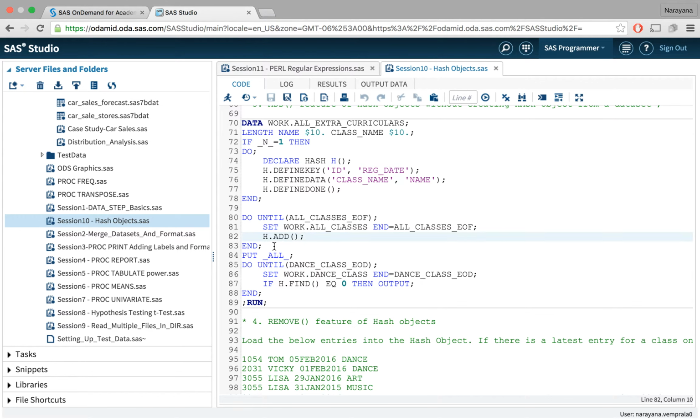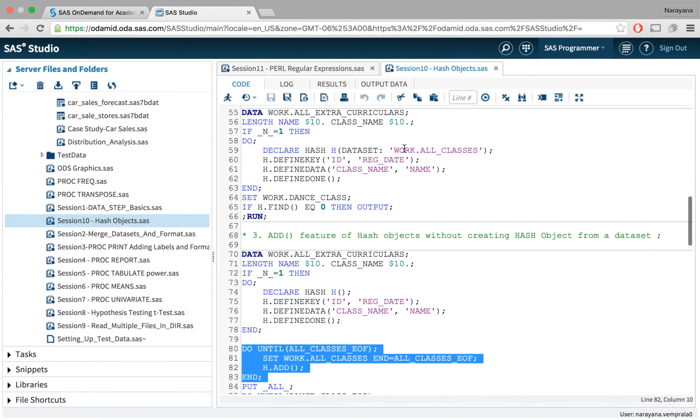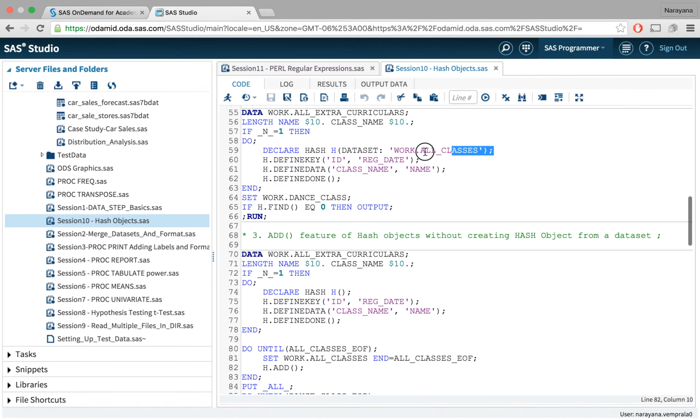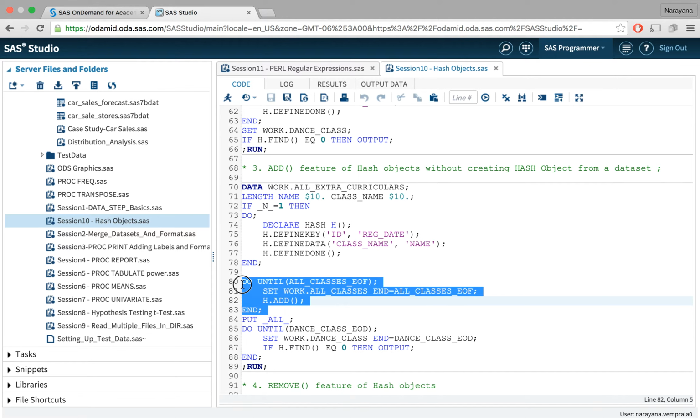So this is one feature. Just with the add, we can build the hash object dynamically. Here we don't have that capability. If we want to load the entire data set, this is the best way. If we want to do some kind of record drops, or some manipulations before going ahead with the add function, we can do that and issue record by record load using this kind of